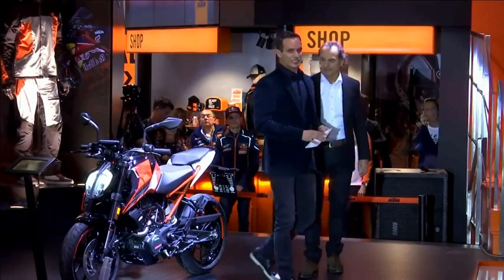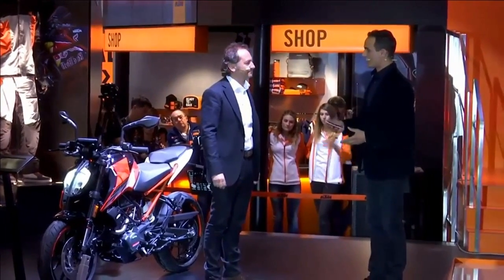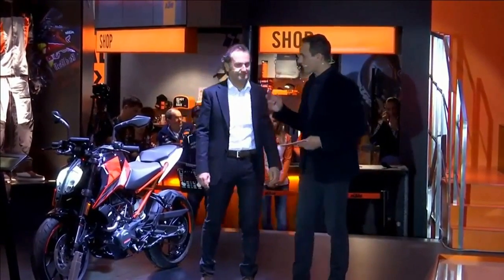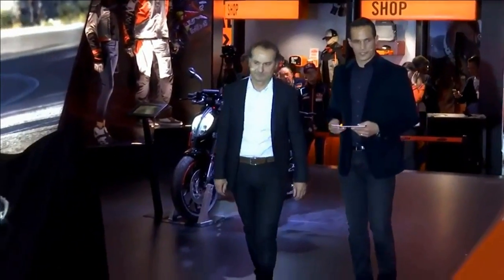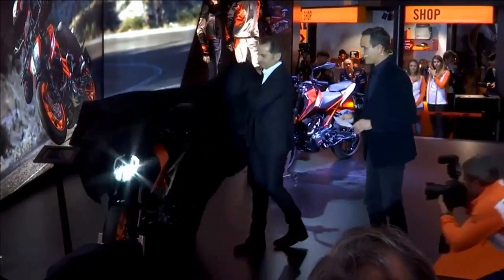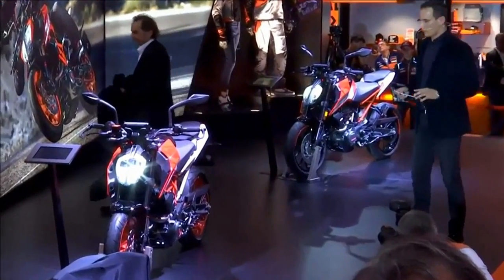That was it, the spawn of the beast, the smallest, the youngest part of the family. But I think now we go to one bike which is known within KTM as the corner rocket. And why? We're going to explain in a real big way. I think we're going to first show the face of the KTM 390 Duke,